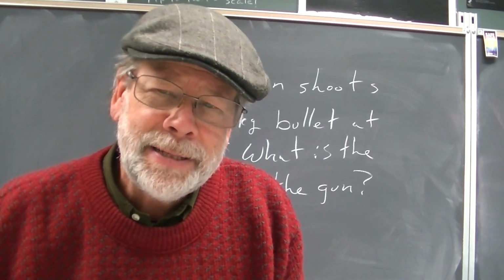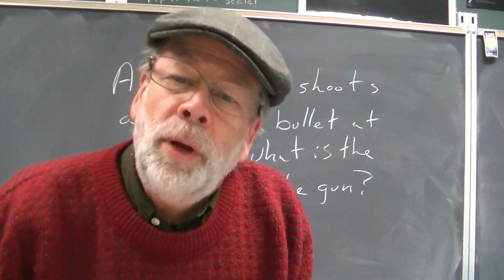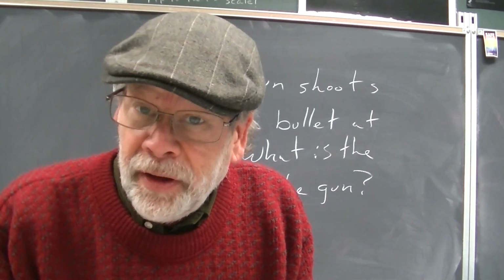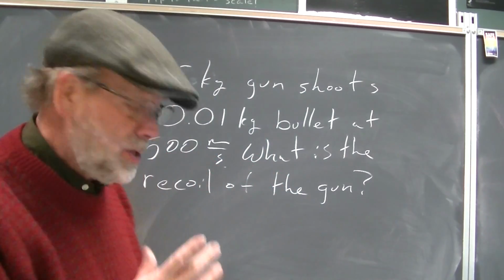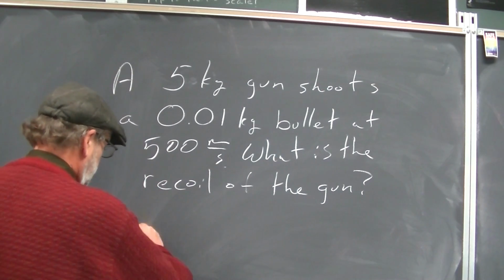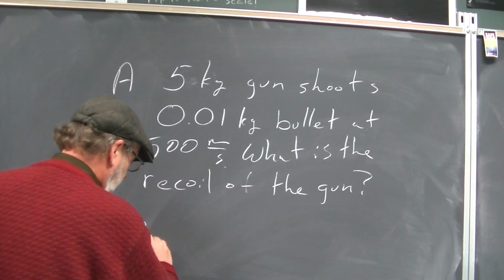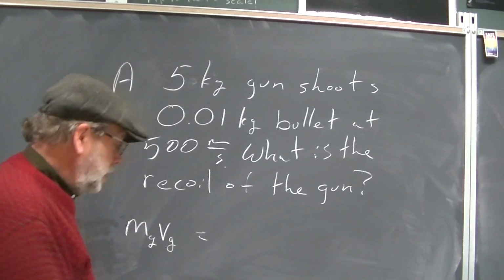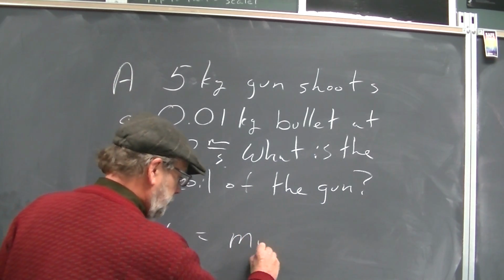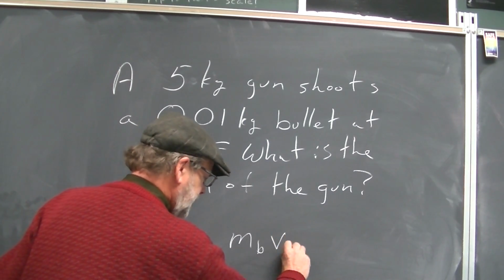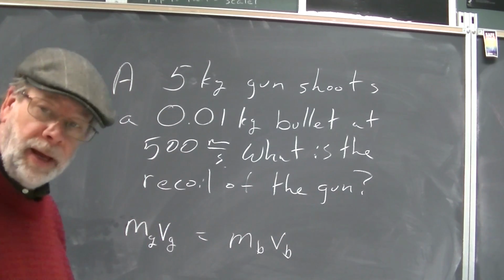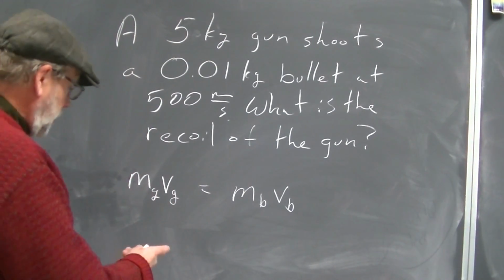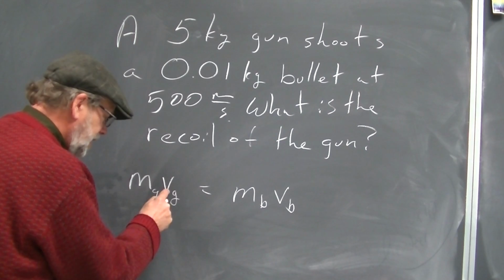Given's formula S&S, we're riding the line here. It could work for it, but it's not necessarily the best way to do it. Graphically, makes a lot of sense. So let's look at it this way. Mass of the gun times velocity of the gun equals what? Well, mass of the bullet times the velocity of the bullet. Okay, let's be good here. Let's solve algebraically. So what are we looking for? We're looking for the velocity of the gun.